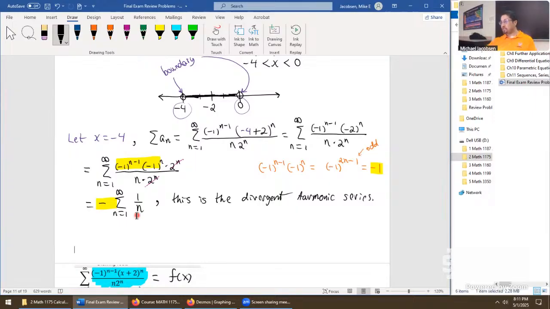Okay, again, this is also a good reminder. If you have the summation of 1 over n, no matter if you're multiplying by a constant like this, if this ever occurs, you don't have to test it. Just say the name and the conclusion. So that means we leave this open at -4. We don't have any convergence there.